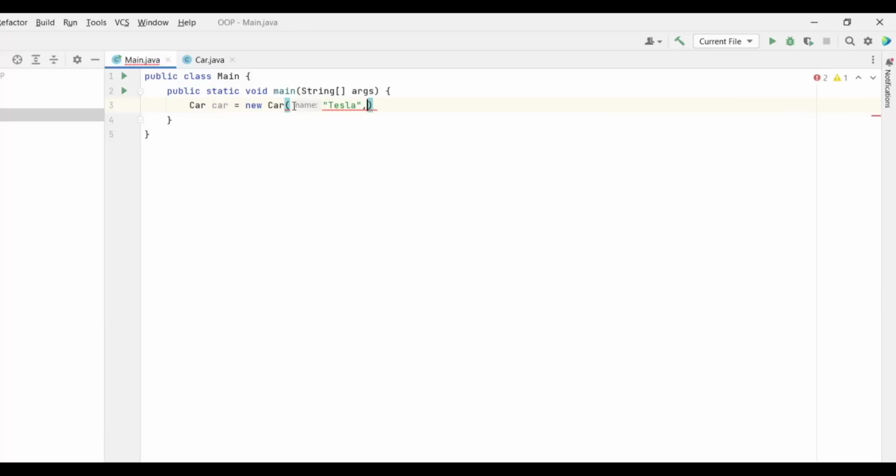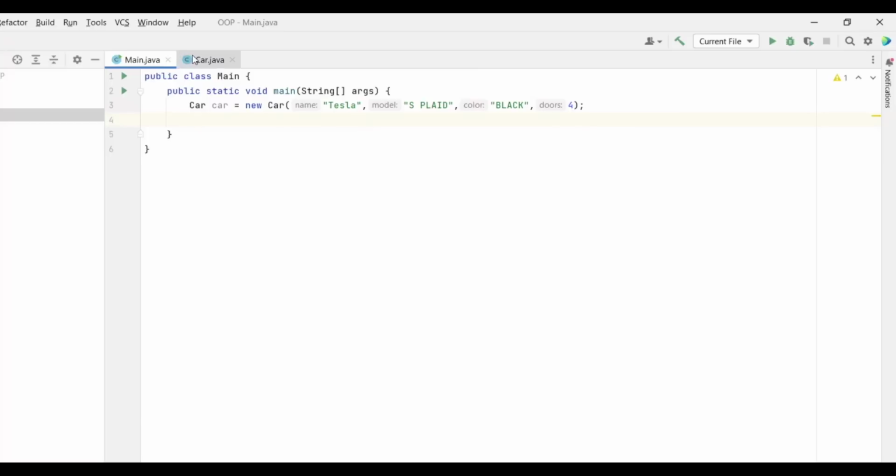For the model, we're gonna put a comma, and then we pass a value for the next parameter. For the model, let's say S plaid, and for the color, let's say black, and for the doors, let's say 4, not 3. And we put a semicolon.